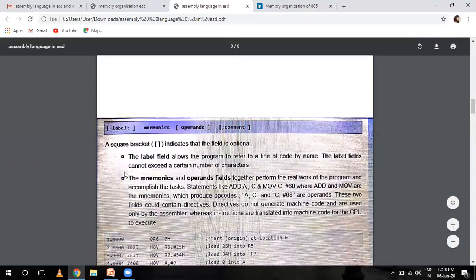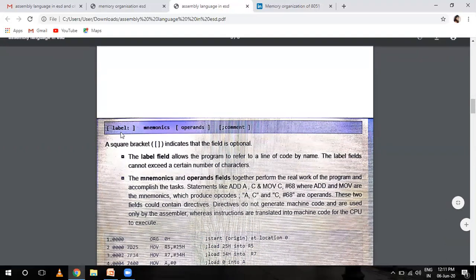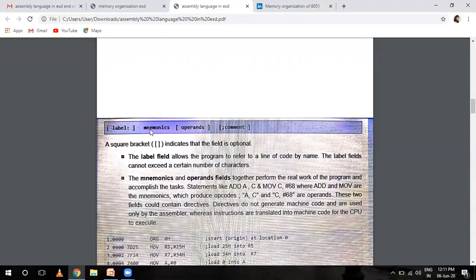जो भी instructions होती हैं हम उनको इस form में लिखते हैं. This bracket indicates the field is optional. The label field allows the program to refer to a line of code by name, and the label field cannot exceed a certain number of characters. Mnemonic and operand fields together perform the real work of the program and accomplish the task.